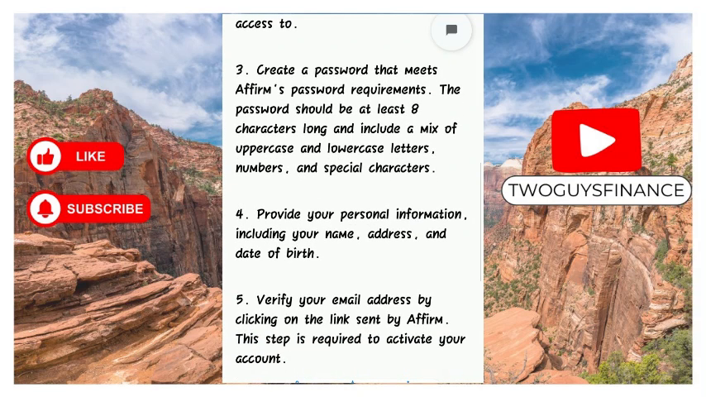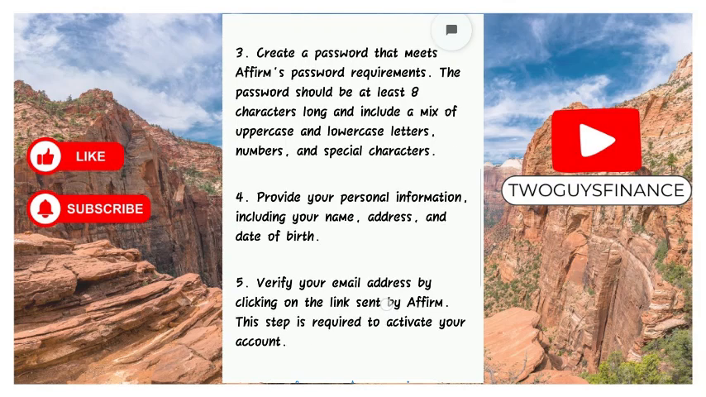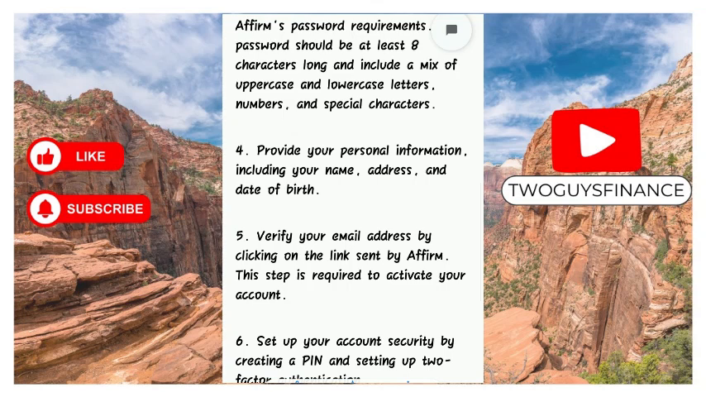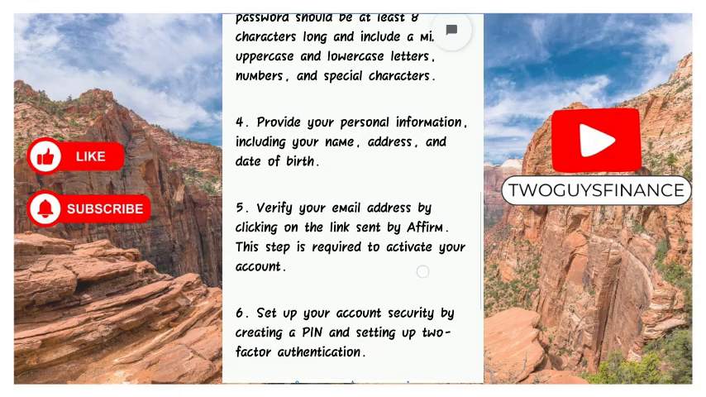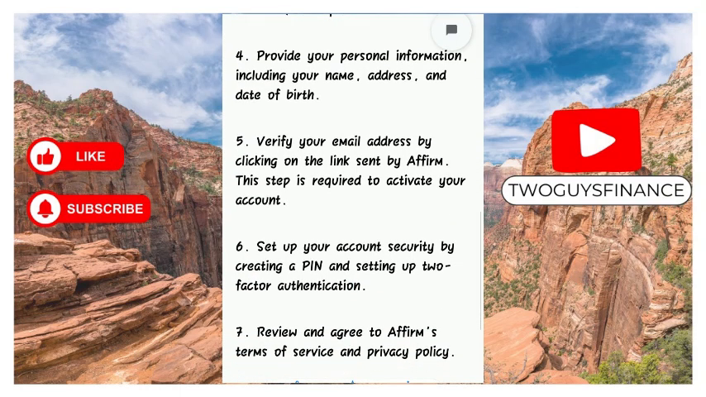Next, you're going to want to verify your email address by clicking on the link that's going to be sent by Affirm to that email address. This is the step that is required for you to activate your account. So once you verify, you can set up your account security by creating a PIN and setting up a two-factor authentication. So once you're done with creating a PIN and setting up that two-factor authentication, you're just going to review